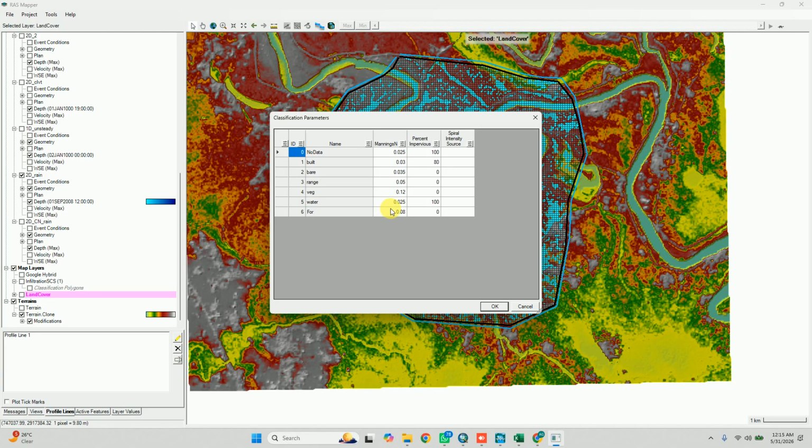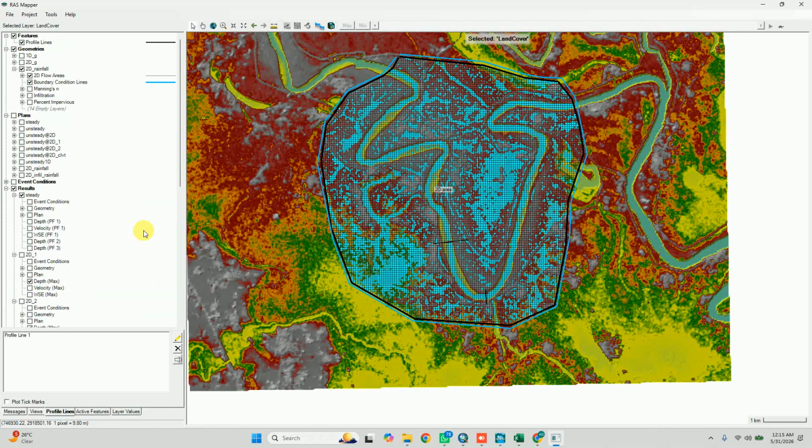Okay, so similarly, percent impervious is what percent is impervious. In a forest area there is no imperviousness, it is all pervious soil. In water it is showing 100% impervious, meaning total water will be accounted in the runoff. So this type of thing I have given to the model. So you just have to import your land cover here, and assign the Manning's and percent impervious. And after doing all these things, you have to go here in geometry, and you have to click on this,